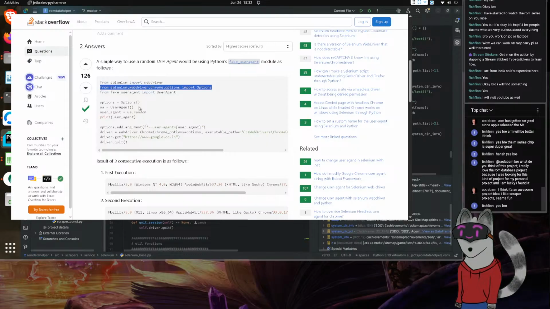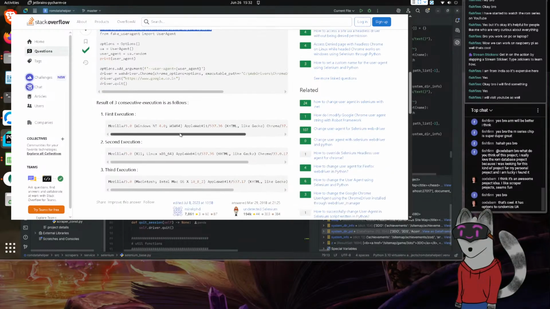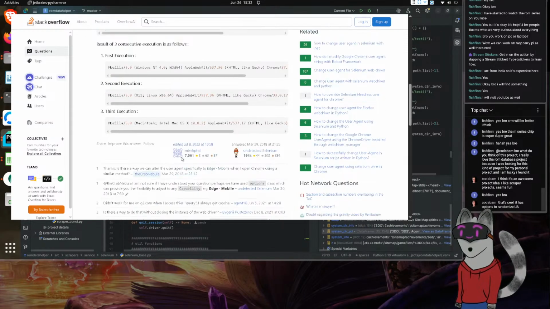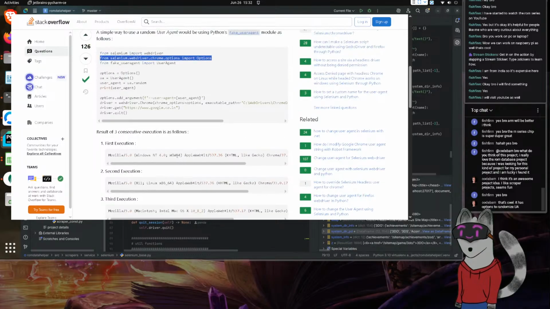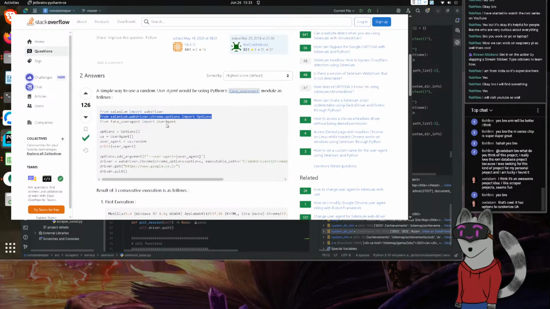I'm very curious about this fake user agent because it looks like it's already set up to generate the various types of user agents one would want to use. Yeah, exactly. It has the ability to randomize, which looks quite useful. Maybe I should check out this fake user agent real quick.